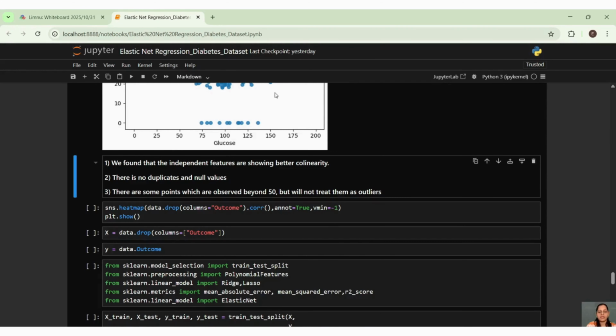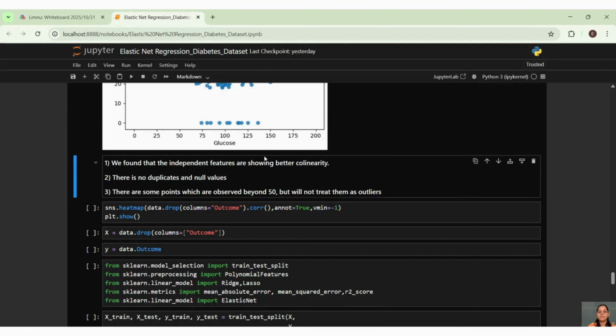Then yeah, so we did our regressor, or best fit line, study as well, and what we found is that the features have better collinearity. There are some correlations. They are not highly correlated, but yeah, they are correlated. There are no duplicates or null values in this, and there are some points which we observed beyond 50, right?